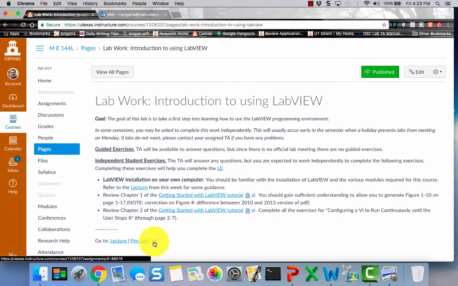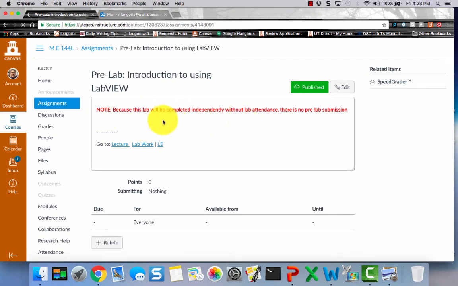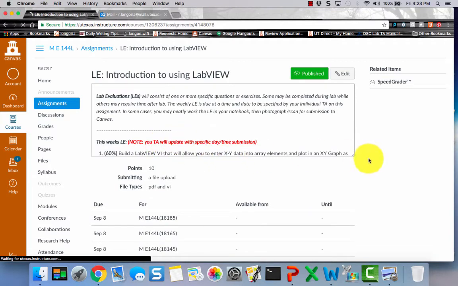Let me jump to the lab evaluation. By the way, it depends, but if there's no pre-lab, that usually means that there is no lab meeting. Since there's no lab meeting in this fall semester, there's no pre-lab required. Okay. However, there is an LE, and you're going to see that the LE for